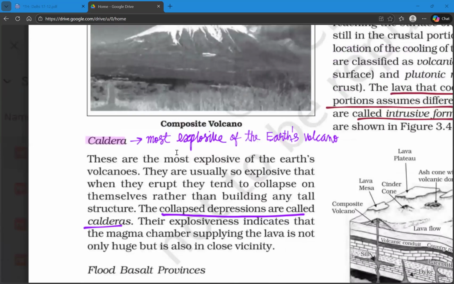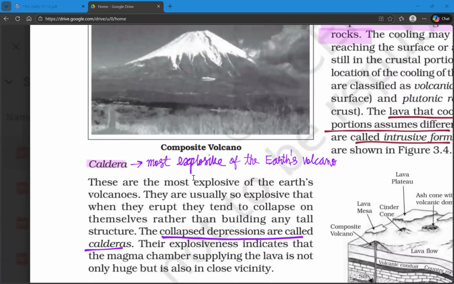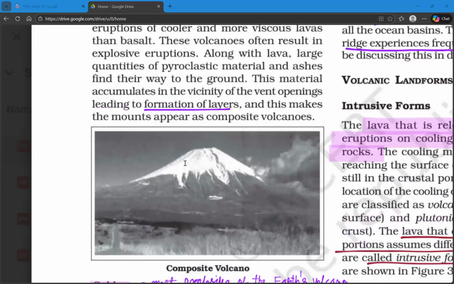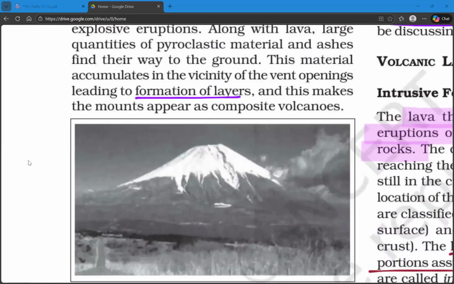And the next one is calderas. These are the most explosive of the Earth's volcanoes. They're usually so explosive that when they erupt, they tend to collapse on themselves rather than building any tall structure. The collapsed depressions are called calderas. Their explosiveness indicates that the magma chamber supplying the lava is not only huge, but it is also in close vicinity. So, in calderas, what happens if we assume